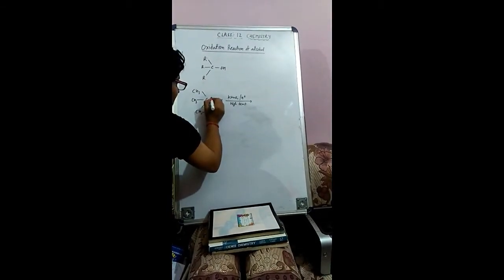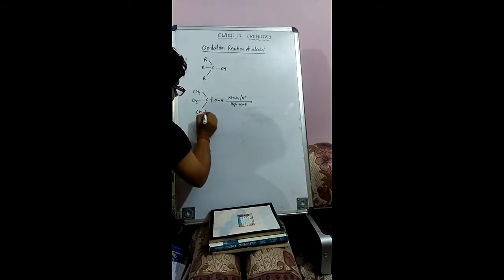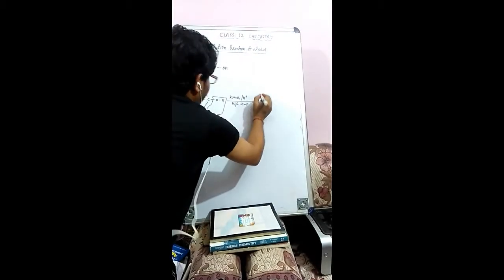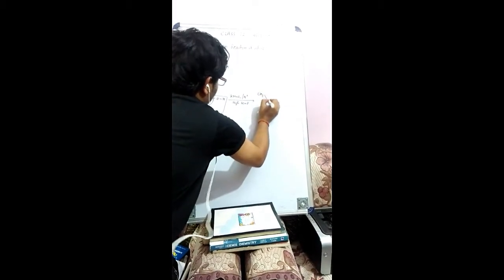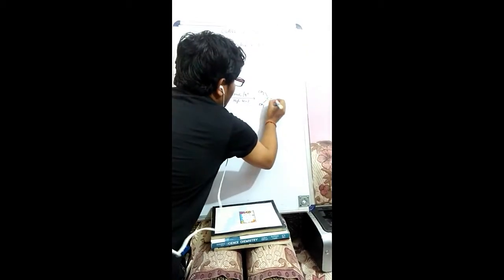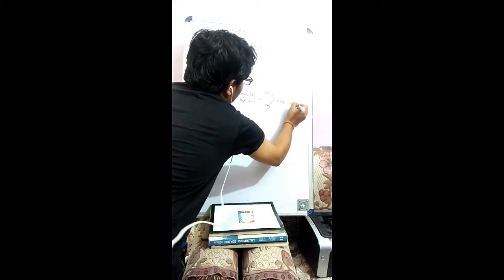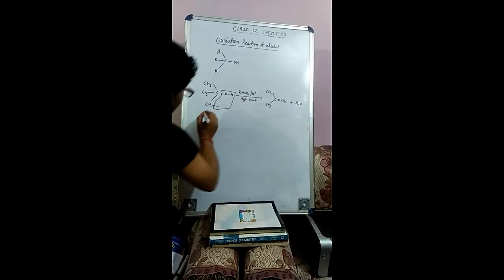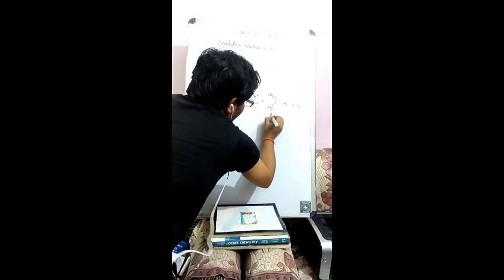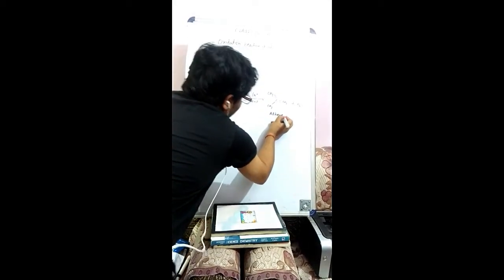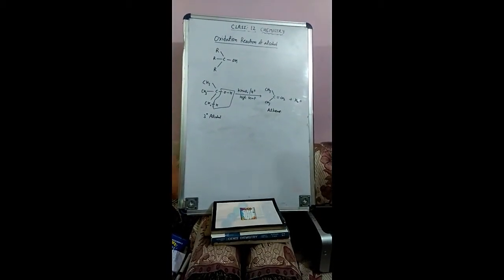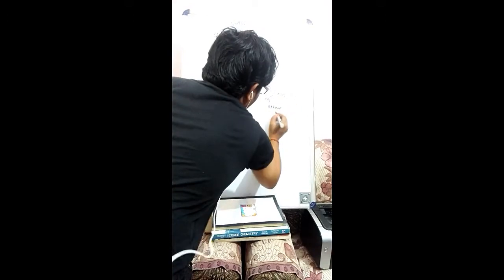Now the bond between this carbon and oxygen splits, and one H2O molecule is eliminated, and we are getting CH3 single bond C, single bond CH3, and a double bond CH2, with the elimination of a water molecule. That means from the tertiary alcohol we are getting firstly an alkene molecule. This alkene molecule, if we do the oxidation process again, then the double bond is split.